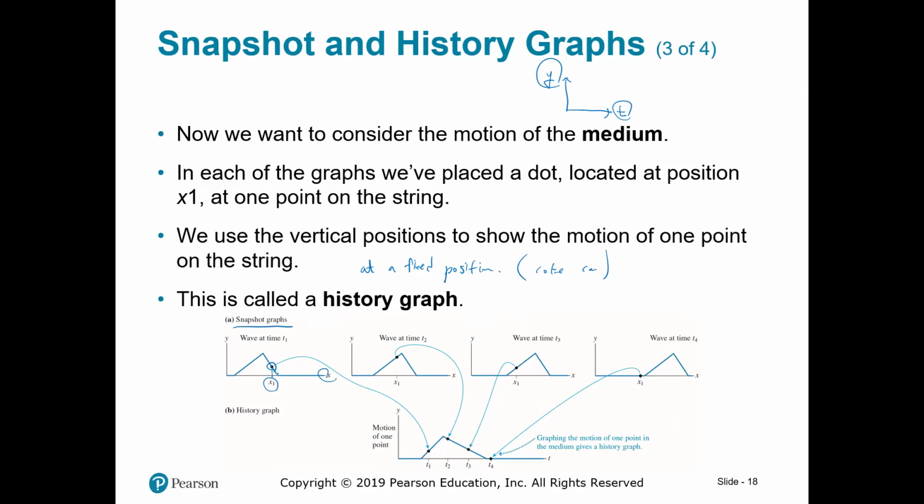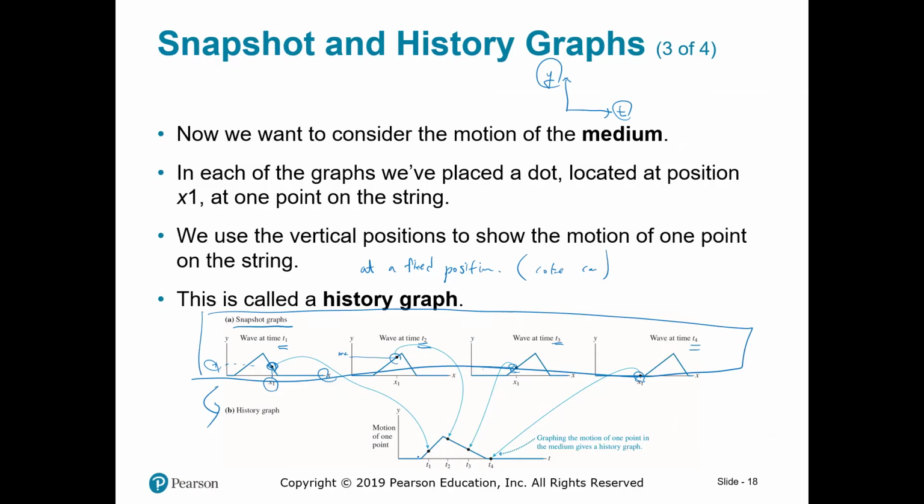My first snapshot is when t equals t1, my second snapshot when t equals t2, my third snapshot here, my fourth snapshot. And now you see when t equals t1, my height is some positive y number, and then my height gets almost max, and later my height gets lower, and my height when t equals t4 is 0. So if you convert this set of snapshot graphs to one history graph as a function of time,